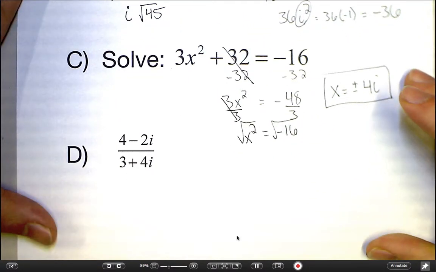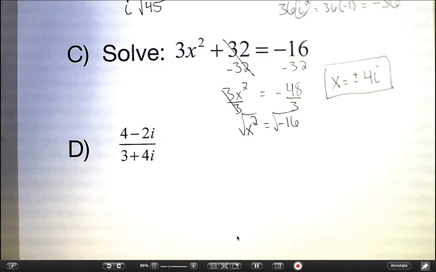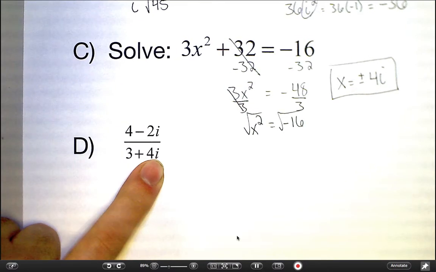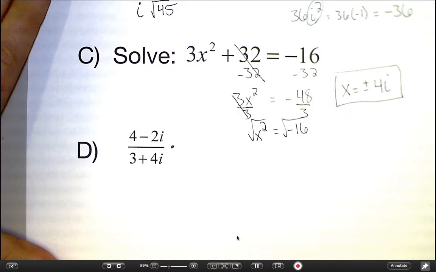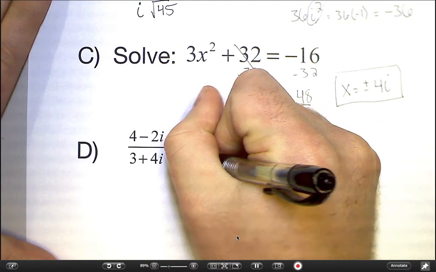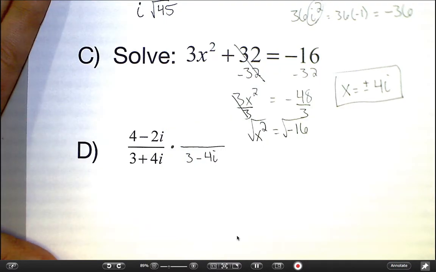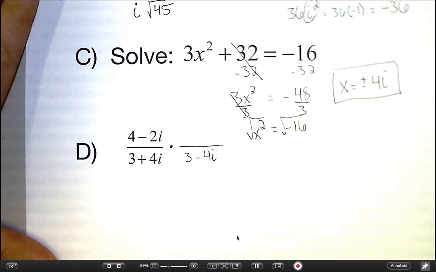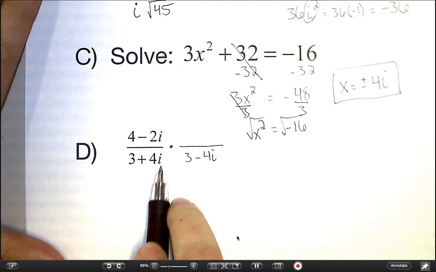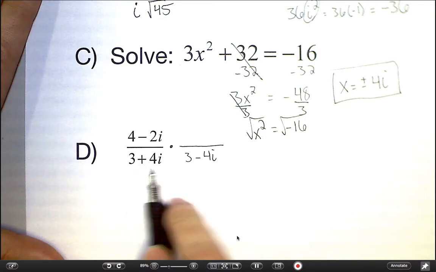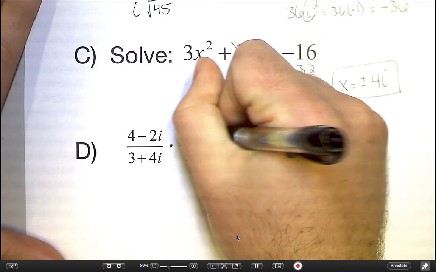And the last one down here at the bottom is part D. Part D is our division of complex numbers. Again, remember, we don't really divide these, we just kind of simplify it out to get the i out of the bottom here, because that's our issue. That's our square root in our denominator that we do not like. So to do that, we multiply by the same thing on top and bottom. That piece we multiply by is the complex conjugate of the bottom. So here's going to be 3 minus 4i. Remember, those conjugates are the same real part, the same initial number on the front, that a piece, but then the bi or the imaginary part switches signs. So the positive 4i here becomes a negative 4i,